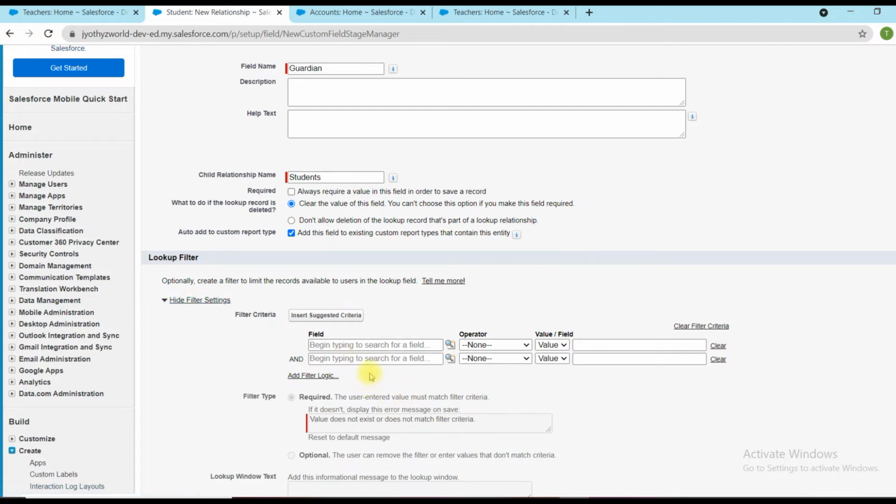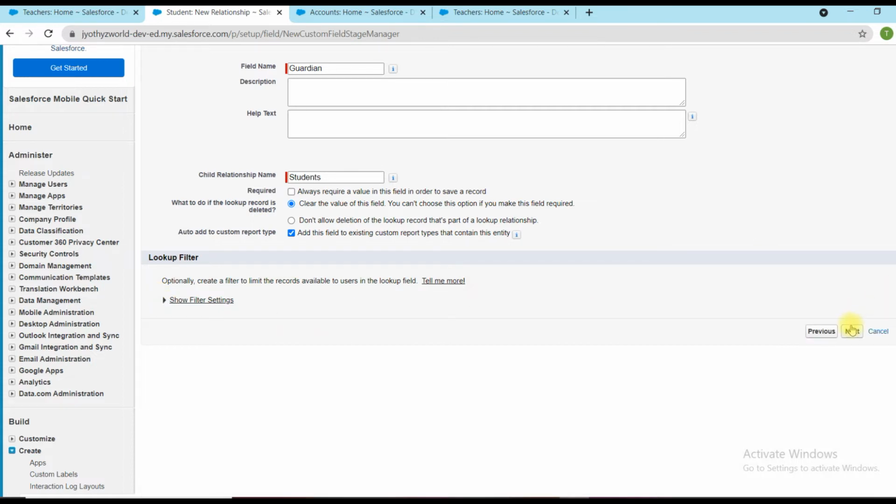We can add some filter condition if we want to make the contact information available for all the contacts wherever phone number is not equal to empty only. In that case we can provide that as a filter condition here. I'm not providing that. Click on the next button.